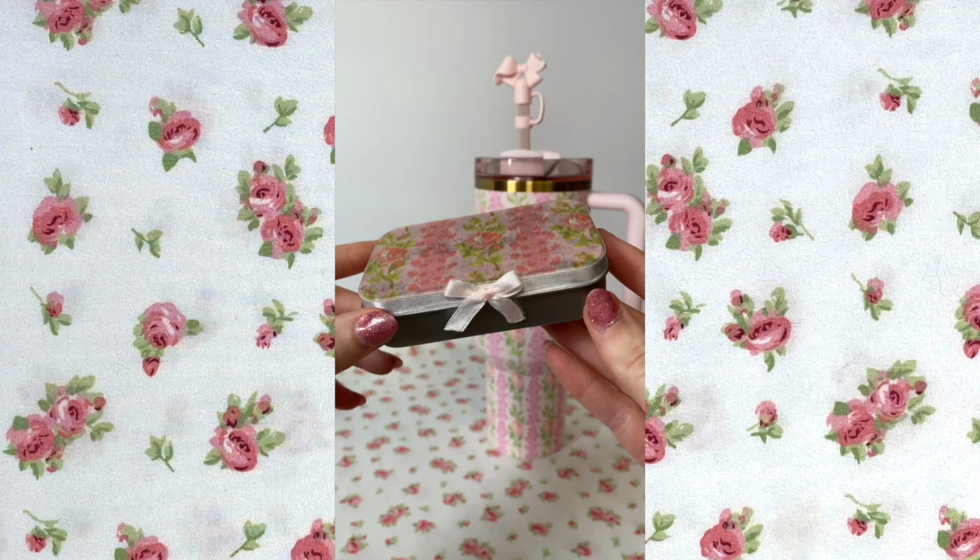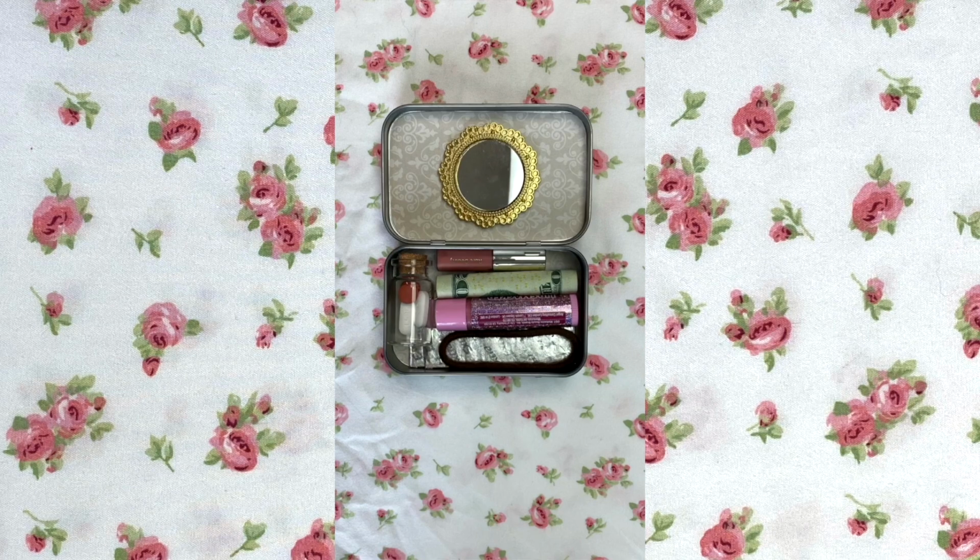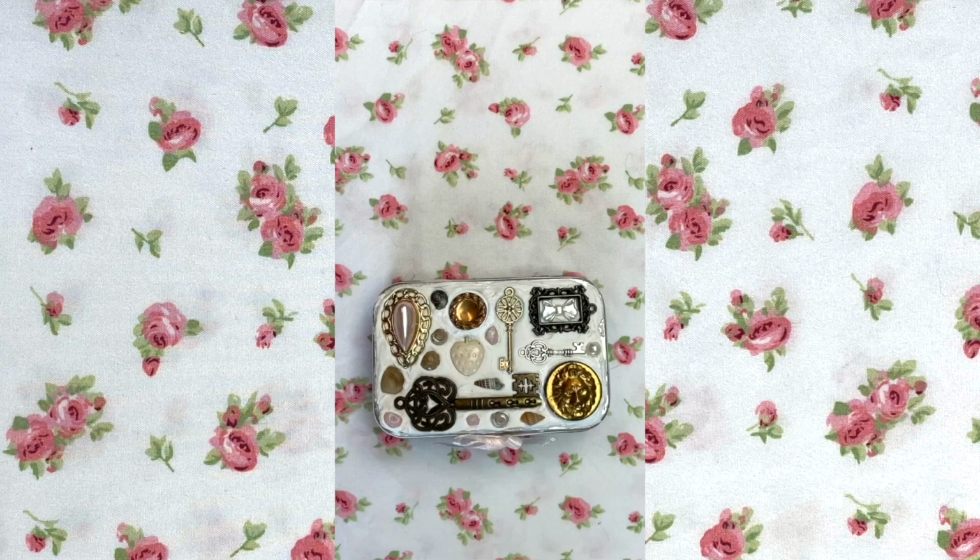Here are some of the ones I made last year. I have a whole series on these. I still think Altoids are gross. Don't at me, I said what I said, but I feel like this is such a fun little project, especially